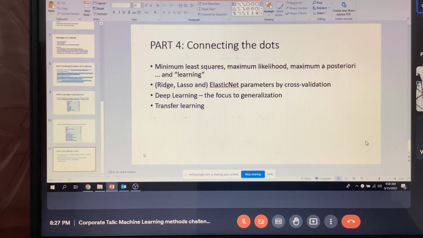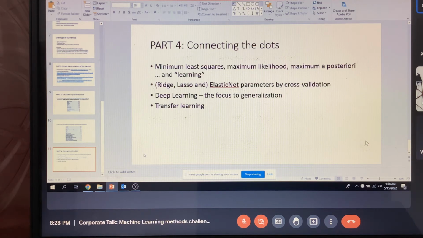But there is also the learning part. If you have to learn from the data, how would you proceed? How do you learn from the data? These are the methods of estimation, but you also need to do learning. So in basic regression, if you use regularized regression, then you can do some learning. You can extend basic regression methods by adding ridge, lasso, elastic net, and doing some cross-validation. If you do this, then that's also machine learning. So it is possible to extend it and bring in machine learning.